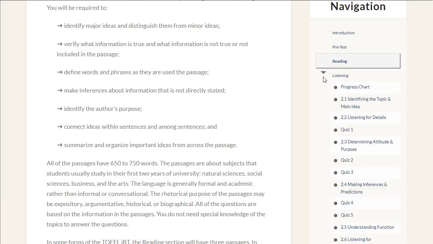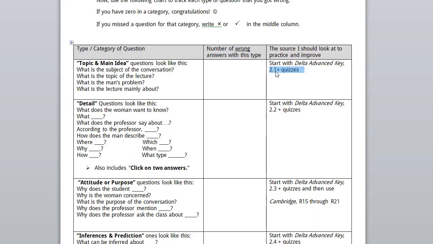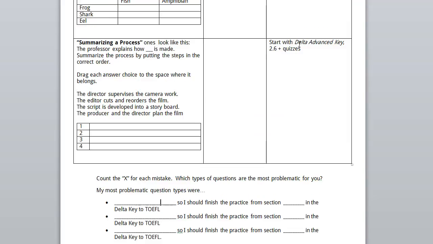And so if we navigate forward over to here, to the listening section, you will see that these chapter titles correspond to that document. Again, on the last page, you're going to identify the most problematic question types, start with your top 3, and then when you know the chapter numbers, which you can get from up here in the chart, copy the chapter numbers that correspond to it,